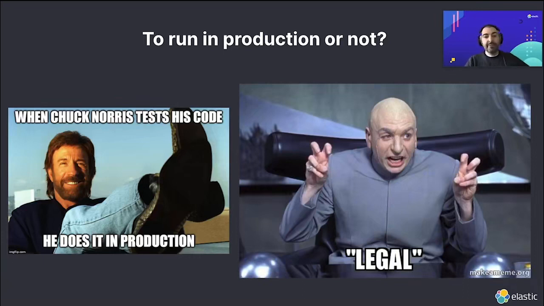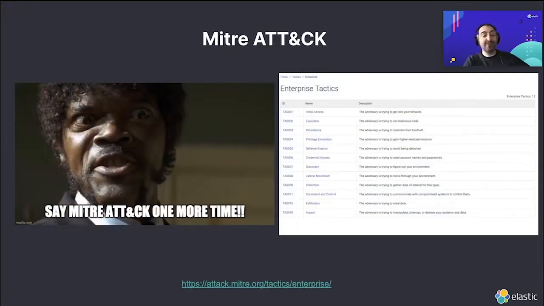The next thing you're probably going to need to know is what techniques. And just like Samuel L. Jackson, it's like, say MITRE ATT&CK one more time. I think if there was a buzzer at AusCERT for how many times you've heard MITRE ATT&CK, you're probably going to run out of buzzers. But the reason why I see value in this, reflecting back on when I used to do threat hunting, I used to feel swamped and I used to freeze on what my next actions were, whereas using a framework like MITRE ATT&CK gives you some guideposts to start.